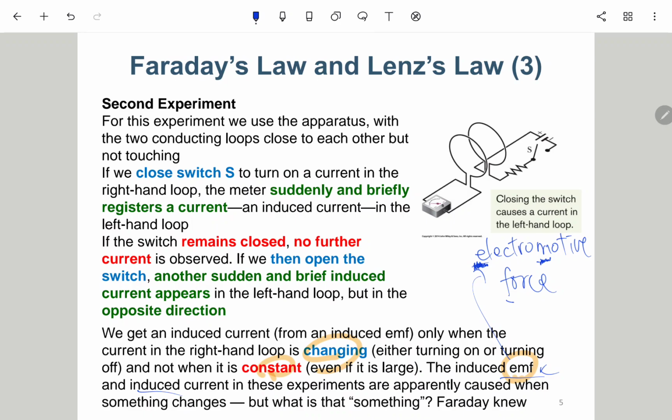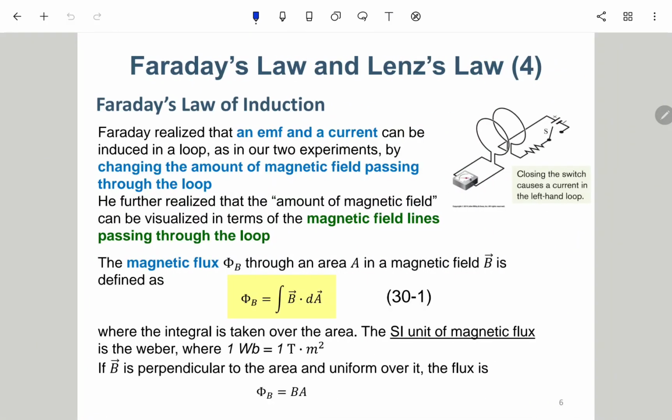Okay, so next, Faraday wanted to know what this phenomenon actually is. Here is Faraday's law of induction. He realized that an EMF and a current can be induced in a loop, as in our two experiments, by changing the amount of B field passing through the loop. He further realized that the amount of B field can be visualized in terms of magnetic field lines passing through the loop, and the magnetic flux